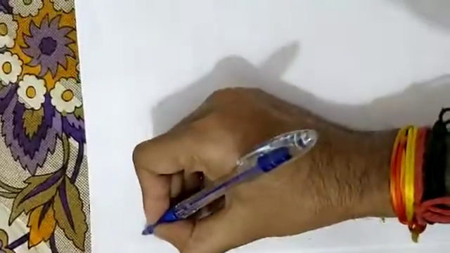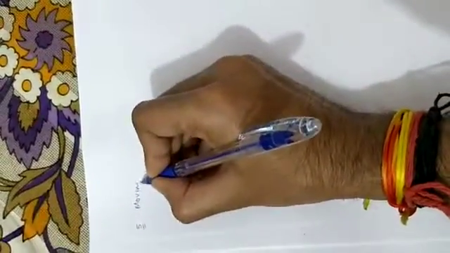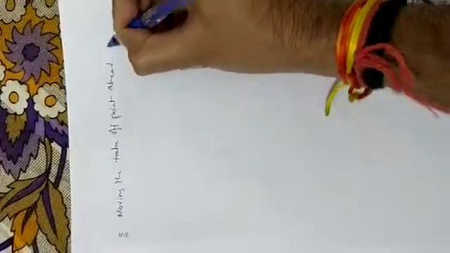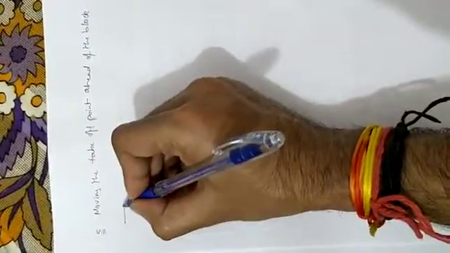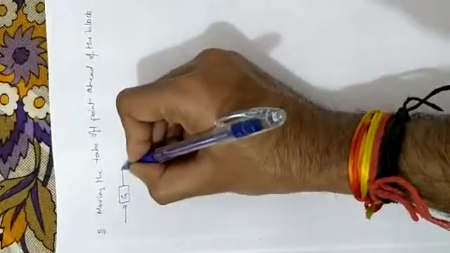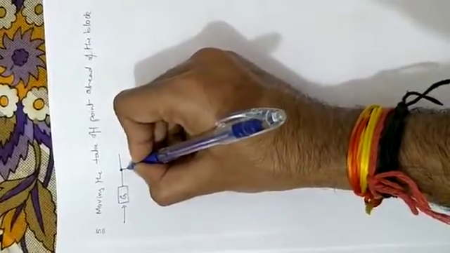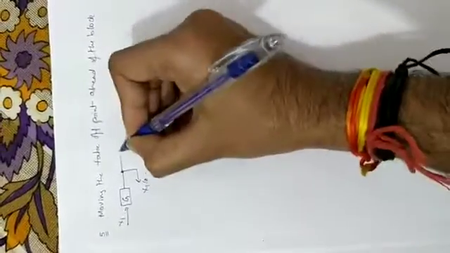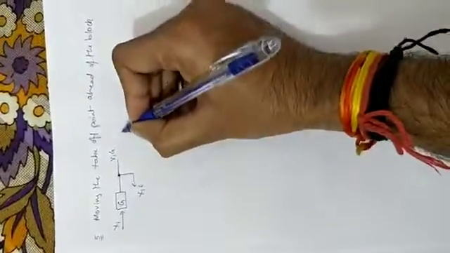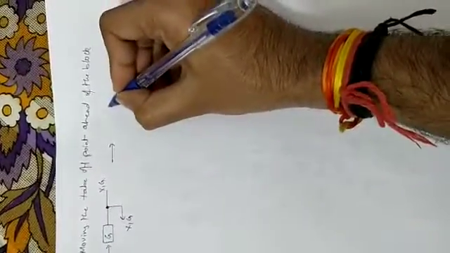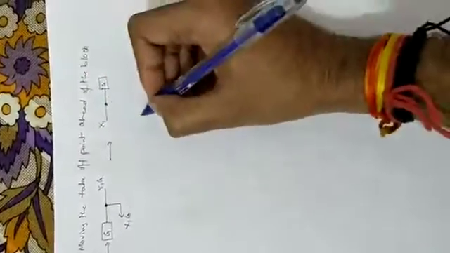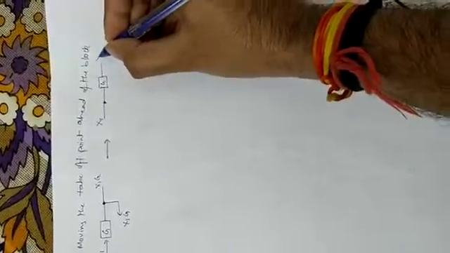Now let's move to the fifth rule, which is moving the takeoff point ahead of the block. So in this case we are having an initial block diagram as this gainer g, and here is the takeoff point, and from the takeoff point we can have a supply. This is x1, this is g, this is x1g, and the output is also x1g. So the equivalent diagram will be: the takeoff point is ahead of the gainer, the input is x1, the output is x1g,